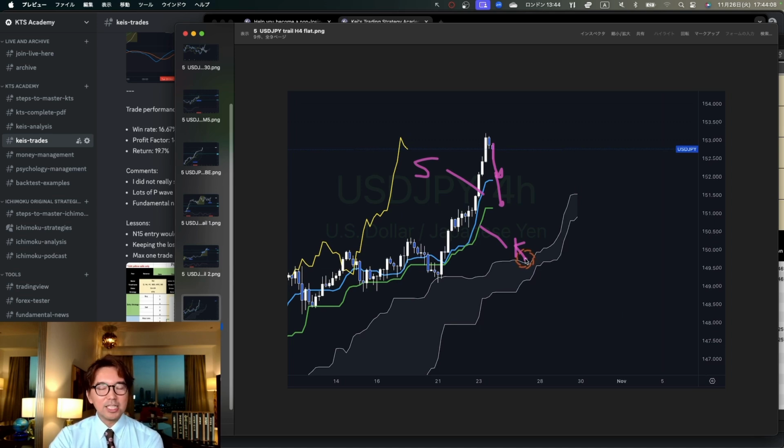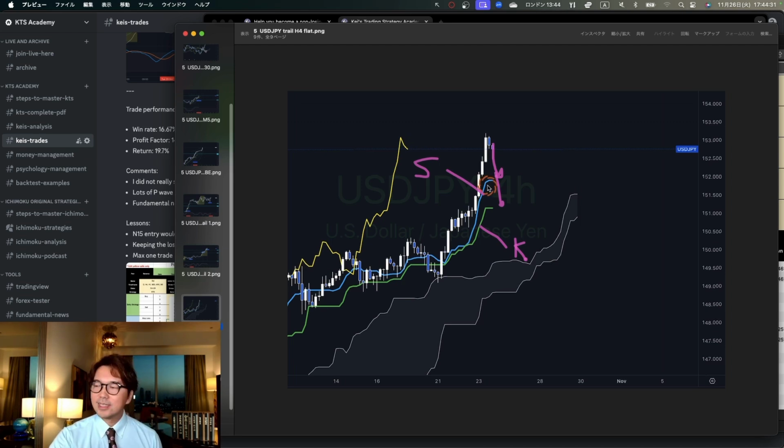Short-term in Ichimoku is 9 bars, and mid-term in Ichimoku is 26 bars. So these are the market equilibrium, I would say, in Ichimoku. But to make it more clear, this is more like a market participant's comfort area,